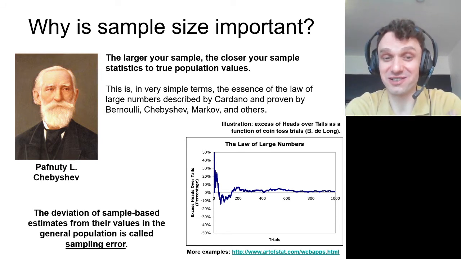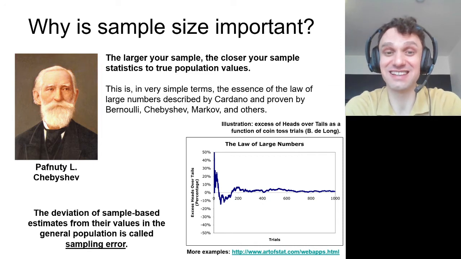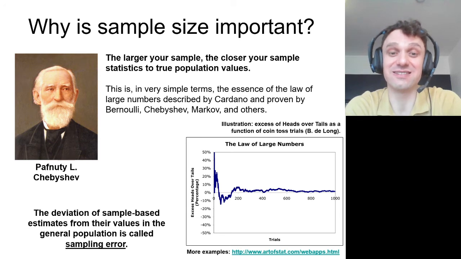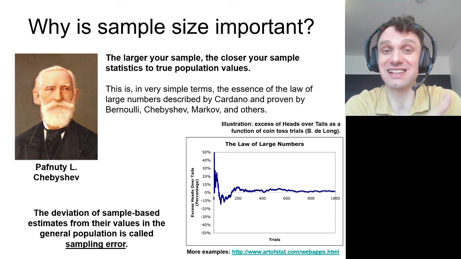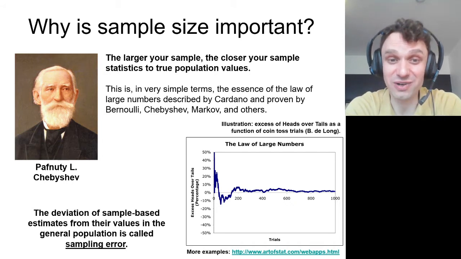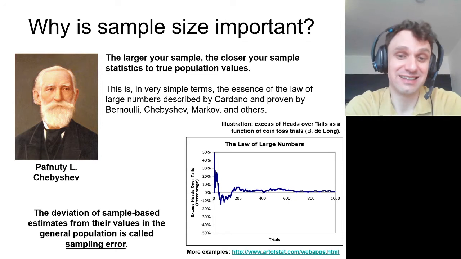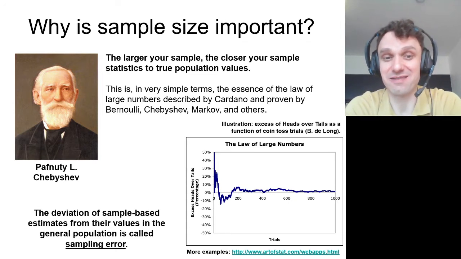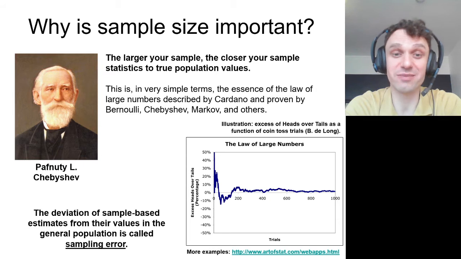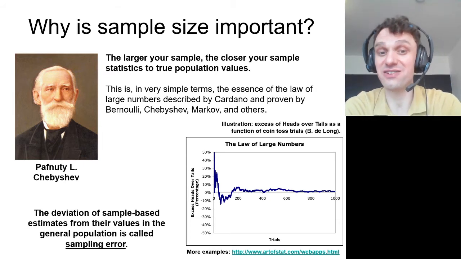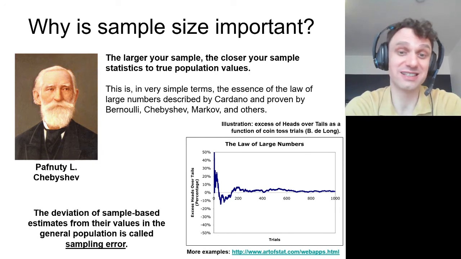Obviously, you're supposed to get a 50-50 distribution, or a zero excess. The number of results where you get heads and the number of results where you get tails are supposed to be exactly equal. But as you can see, if you throw your coin maybe 10 times, the difference between heads and tails can be quite huge. And even if you throw a coin 100 times, this difference can be quite substantial.